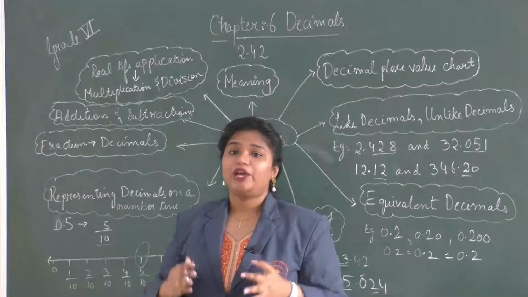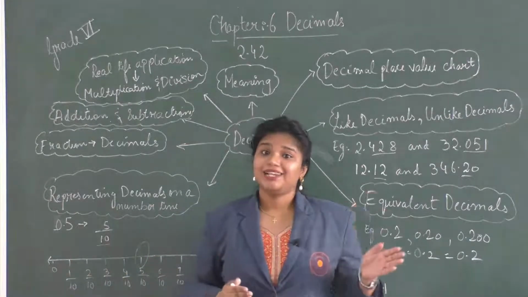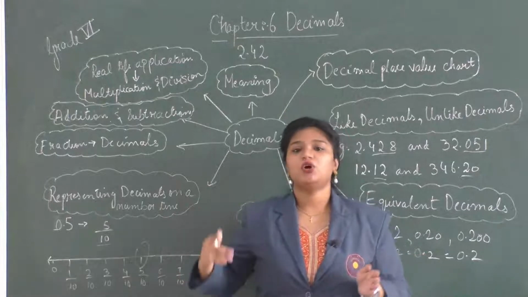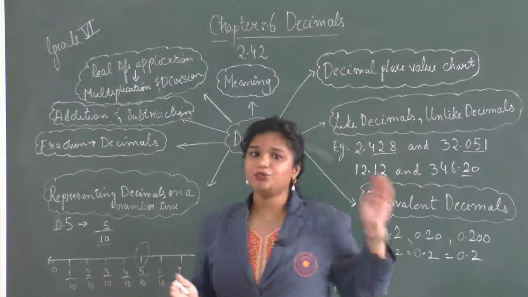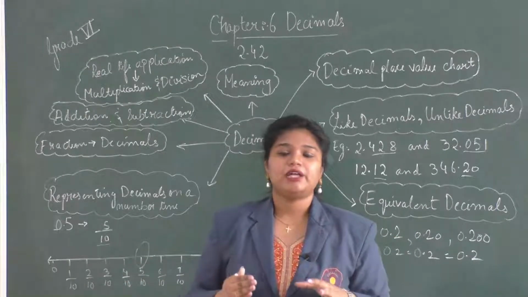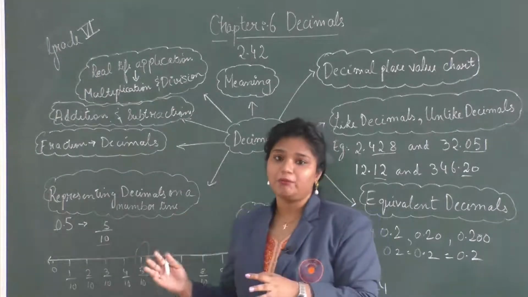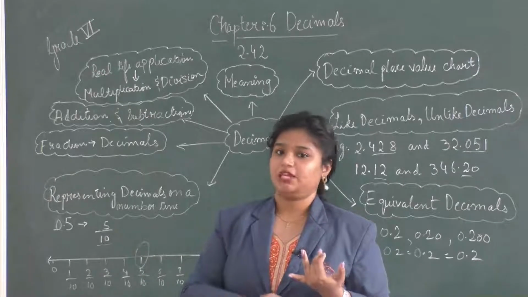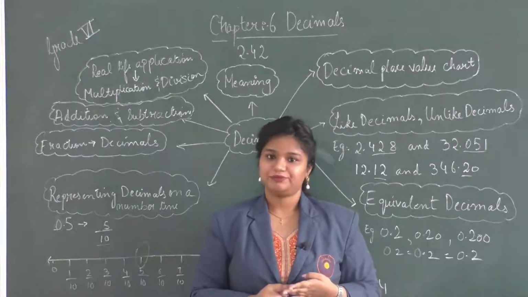We learned that when we have to convert the units, when we have to move from a greater unit to a smaller unit, we always multiply, and when we have to go from a smaller unit to a greater unit, we always divide. So students, remember that whenever you have to do the operation with any number, the unit should always be same, whether it is addition, subtraction, multiplication or division.